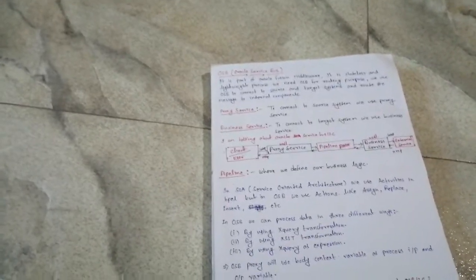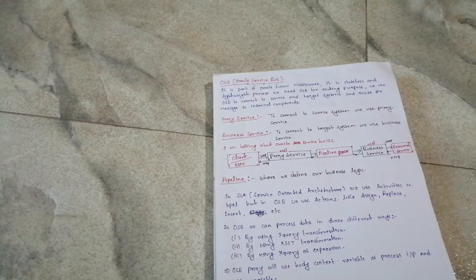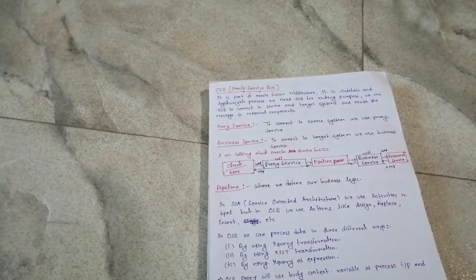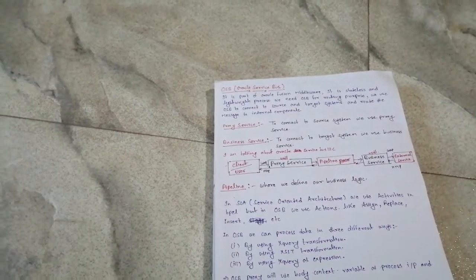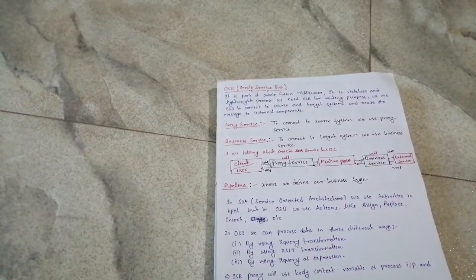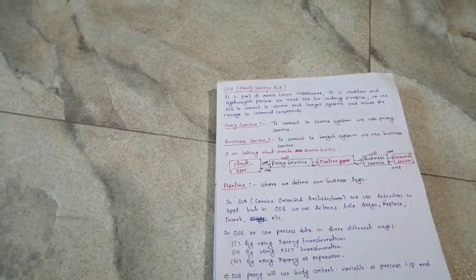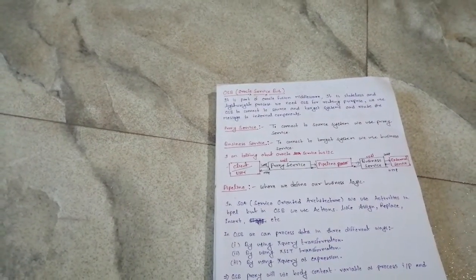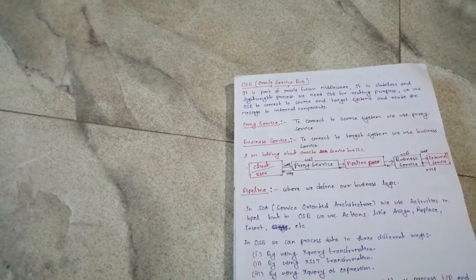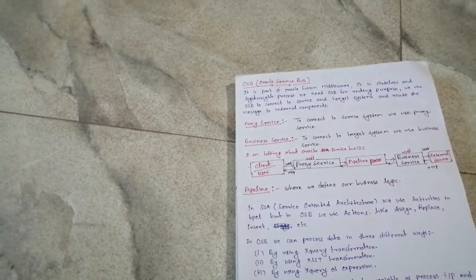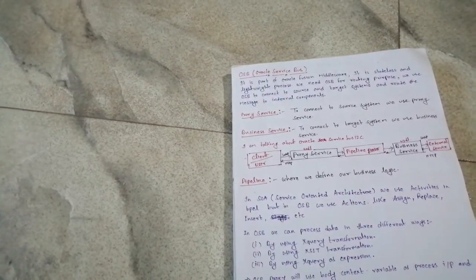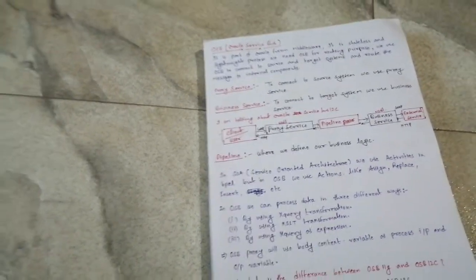So in SOA and OSB, what are the different things we use? We use an if-else condition in OSB, but in SOA 11g we use the switch activity. Okay, and this kind of thing we can use in OSB. We use a service callout to call a service in between the flow. If we want to call any other service, then we go for the service callout. Okay, and these are the things.